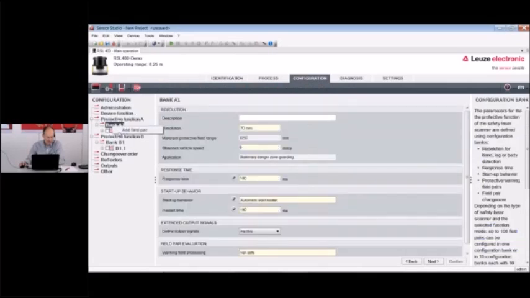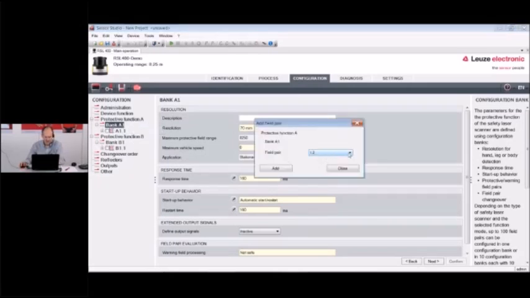I get back to the details, and now you see here also the option to add a field pair. So by pressing add field pair, the software will ask me, okay, which one do I like to add? I just take the next one, 1.2, add, and now you see that beside the first pair 1.1, there's a second pair